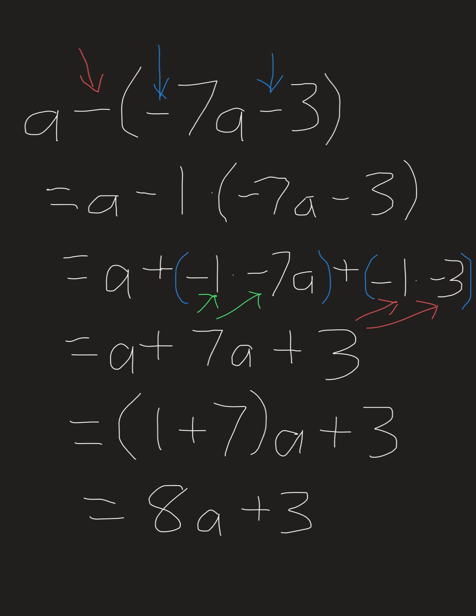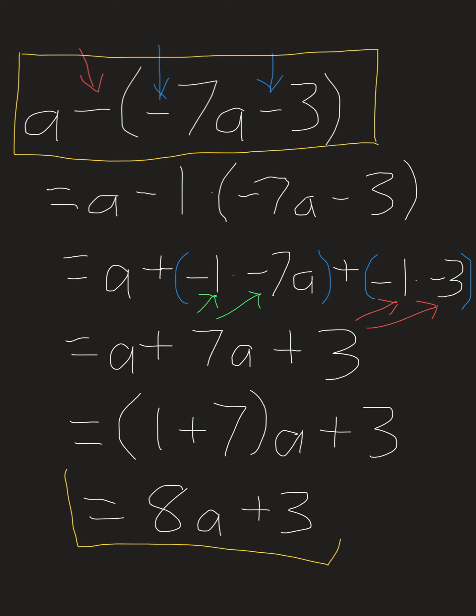So now we have our lesson. We learned how to do minus of a minus. Amazing, right? Minus of a minus becomes a plus. And so this simplified into a minus minus 7, which is a plus 7. And then we have minus 3 becomes plus 3. This gives us a minus the quantity minus 7a minus 3 equals 8a plus 3. Great job,